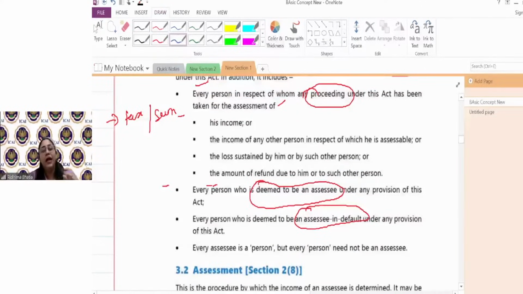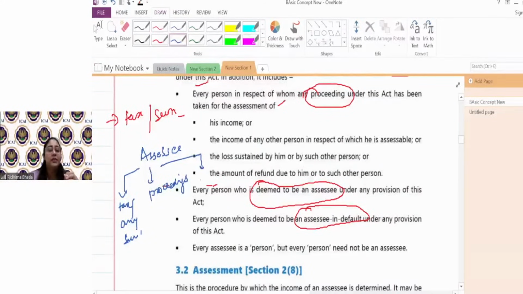Anything when you have to remember it, highlight the main terms of it. Assessee, by definition में there are 4 parts. 1, a person who has to pay any tax or any sum. 1, a person against whom any proceedings are going on. 1, a person who is deemed assessee. And 1, a person, I'm writing it here, who is assessee in default. करेक्ट. अब इसको एक लैंग्वेज और एक सेंटेंस में बना लेंगे तो assessee का डेफिनेशन पूरा हो गया.